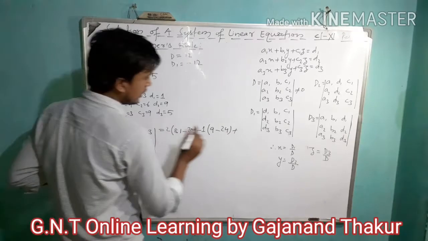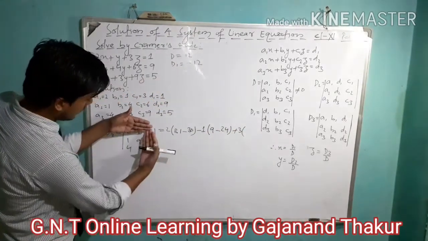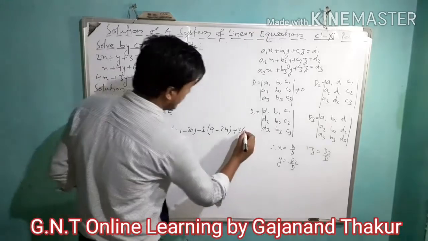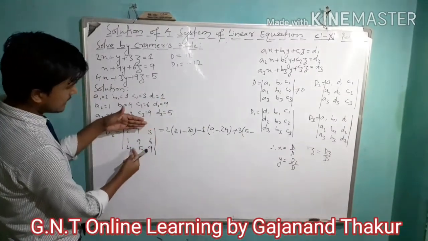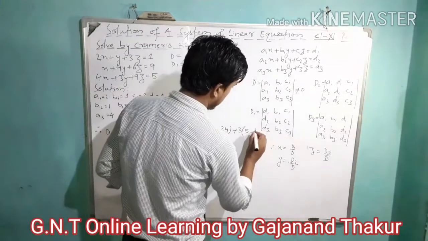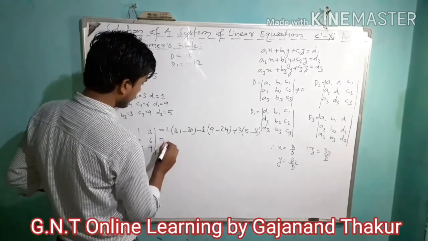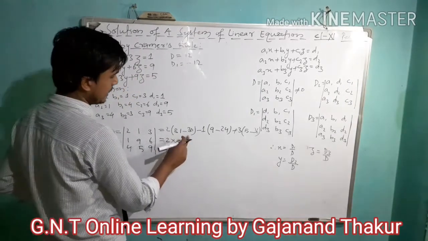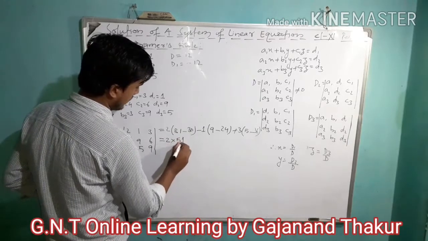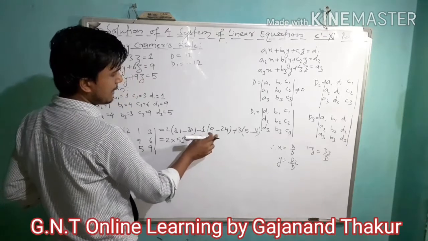Then you have got a 3 here, we'll write this 3, right? Now this part will be hidden. So 1 5s are 5 here, minus, then what we have got here, 4 9s are 36. So we'll write here 36, right? Now see here, 2 into, now 81 minus 30, we'll have here 51, right? Minus 1, this 1 into 9 minus 24.